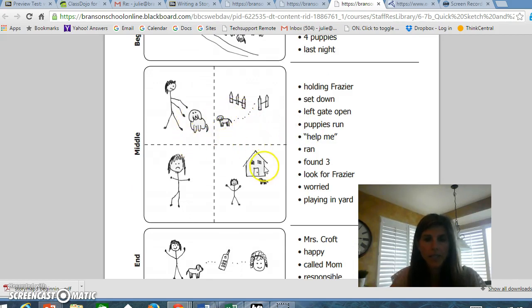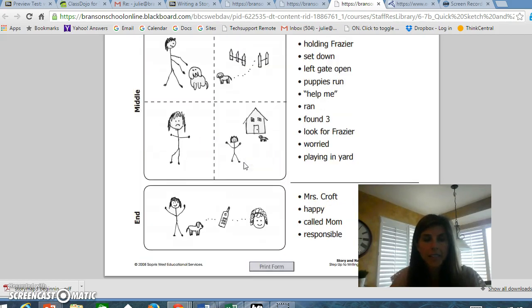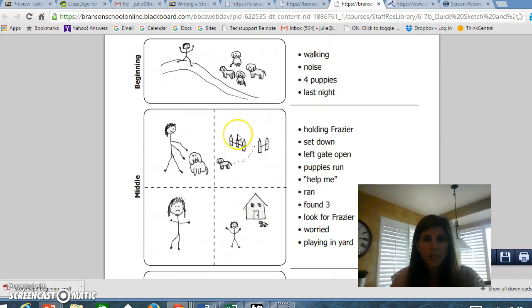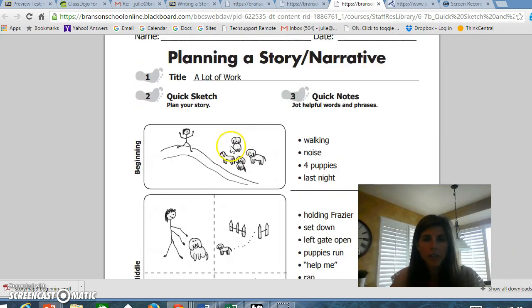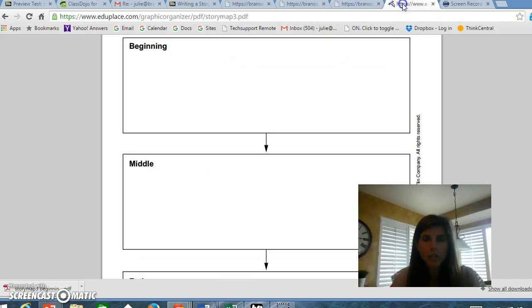You can tell here some things that happened in the middle of this story. Holding Fraser, sat down, left gate open, puppies run, help me, ran, found 3, look for Fraser, worried, playing in the yard. A lot of times in the middle of a story, there is a problem, okay? A problem to the story, the plot. And the end is where that problem gets solved. So here it looks like everyone's smiling and happy. Mrs. Croft happy, called mom and said she's responsible. So this is kind of the way that this person filled it out, and yours is going to look like